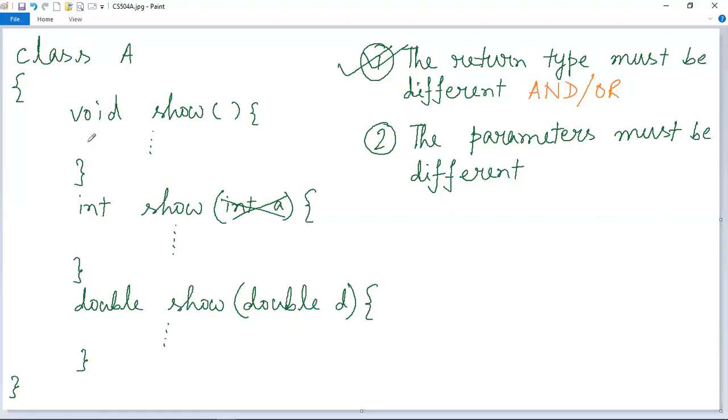That means along with the return types, the parameters must also be different. Or if the parameters are different only and the return types are same, then also the compiler can differentiate between the overloaded methods.